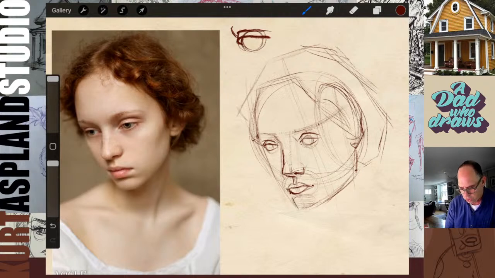Okay, let's get this chin in now. All right, so now let's get to the left side of her face. Let's look at it closely here.